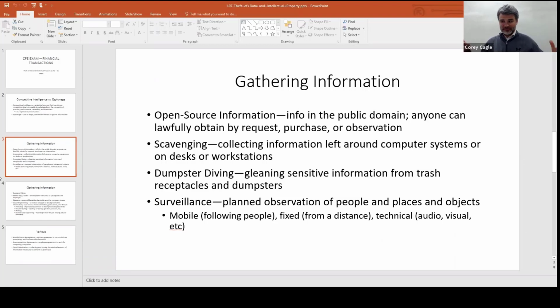Or longer term, you become an employee of that company for the sole purpose of spying, right? Or you kind of wander around like you're a utility guy or something like that. Movie type stuff they're talking about. Stuff you see usually in comedies, but anyway, scavenging is just looking around for stuff that you can use, right?